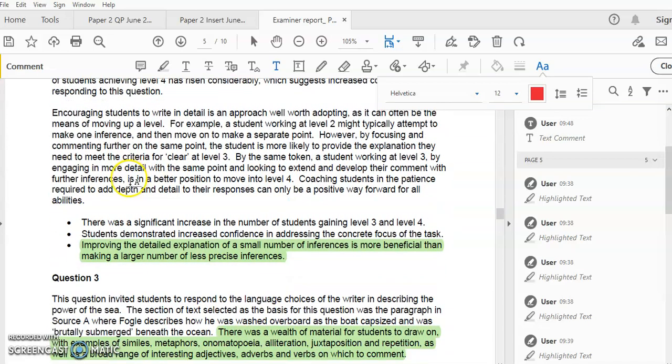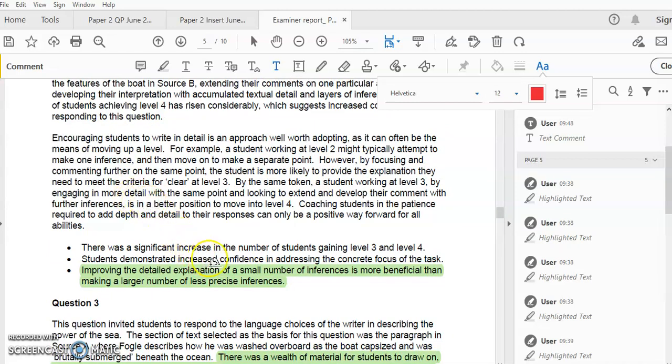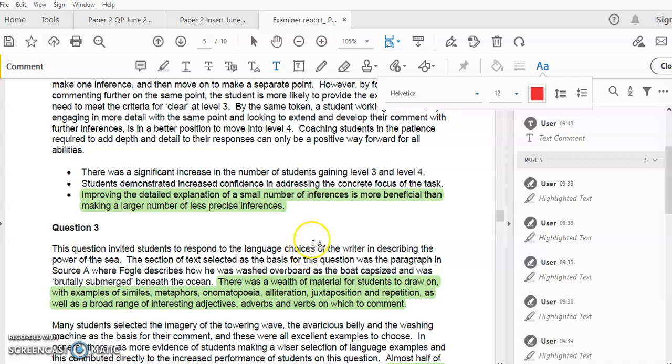Another thing to bear in mind here, and this is something I've been talking to you guys about pretty much all the time, is that less is often more. Okay? A detailed explanation of a small number of differences and inferences on them is much better. So maybe pick 2, maybe 3. That is much better than going off and putting down 8 or 9 that you never do anything with, that's all over the place. Less is more sometimes. Now, question 3, remember,